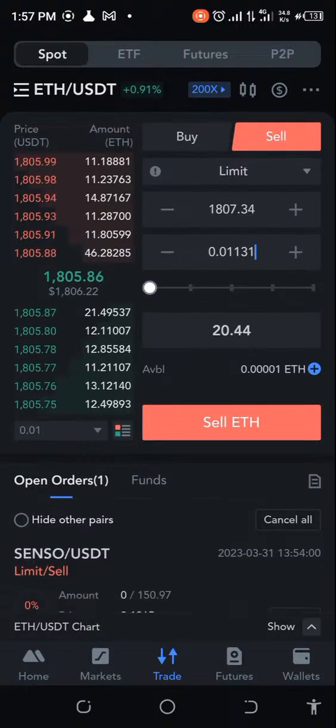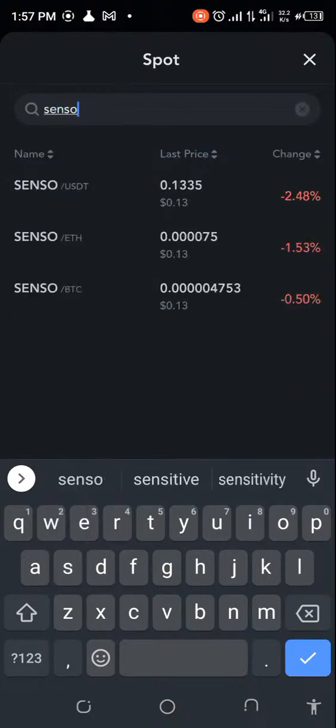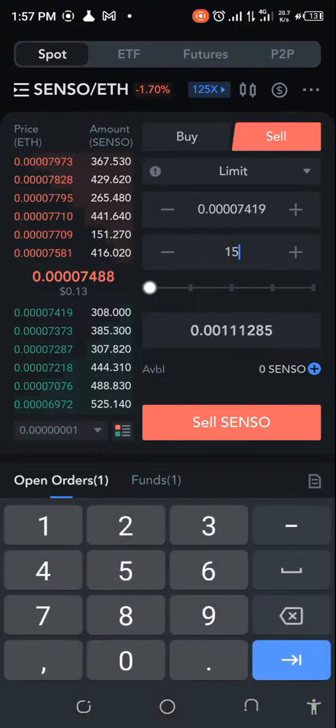Okay, let me go back. I mean, right now ETH is 1805. So let's go see whether that's possible. Let's just quickly do this. I'm just going to put the Senso and see whether I'm going to be able to quickly make back my money. So what I have here is, if I pick, I'm trying to sell, but if I pick this 7419 and I put 150.97,